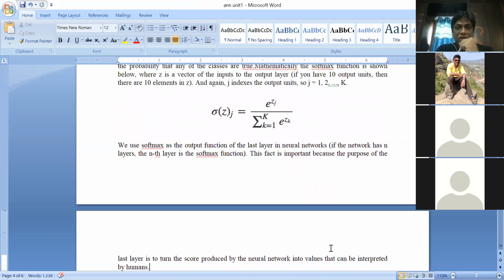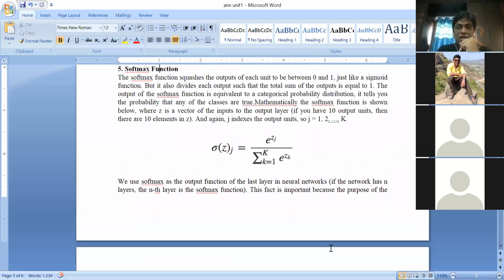Then the softmax activation function is actually used in the output layer of deep learning architectures, not in other places. This is also the same as the sigmoid activation function, which ranges the values between 0 and 1. But when it is applied in a particular layer, another restriction is that the total sum of the outputs produced in a particular layer will be equal to 1. So it is spread over the neurons in a particular layer.